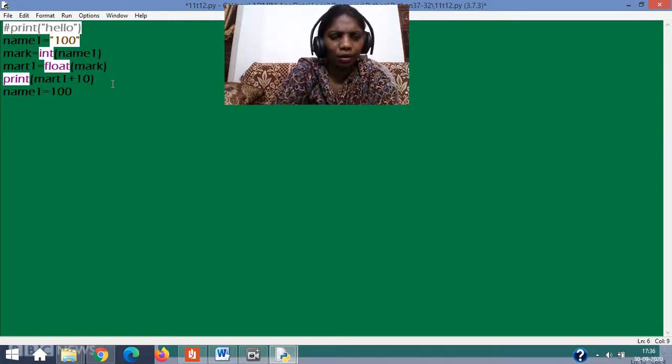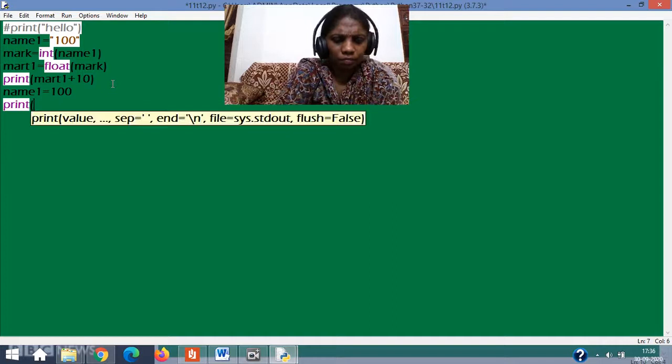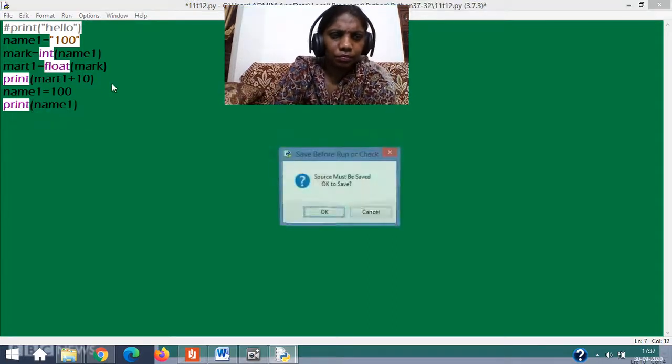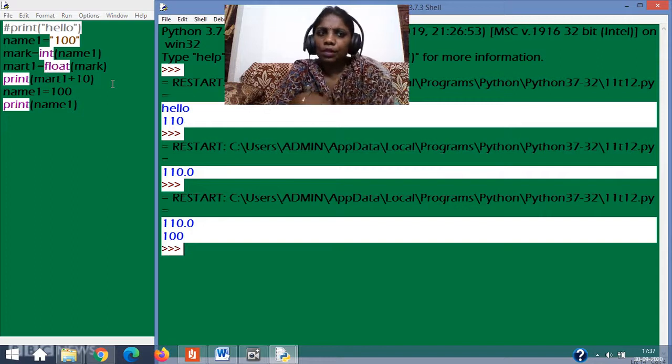name1 equal to 100. I'll just see. So the old one, which was in string, is now converted into an integer automatically. Each time the variable's value is given in a different style. So this is your normal conversion. We call it implicit conversion or automatic conversion. So data type conversion from one to another can be done with the help of explicit or implicit. Implicit is quite easy, that happens without our knowledge. Explicit happens within our knowledge.